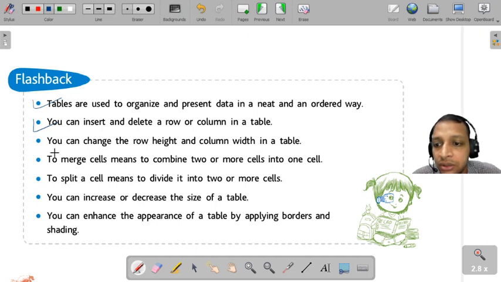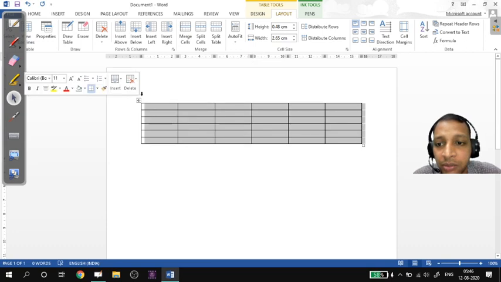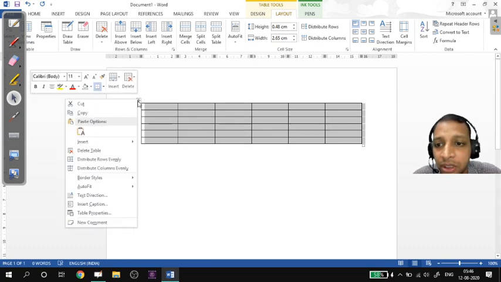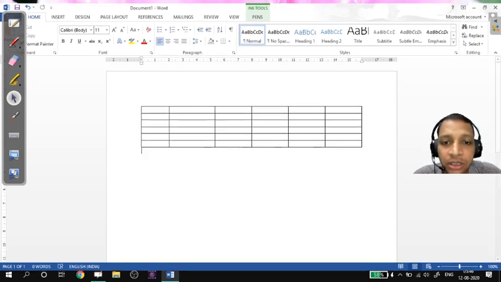Next, you can change the row height and column width in a table. Many ways are there. You can change the row height and column width from the table properties dialog box, or simply what I think is best is doing this. Just move, a double-sided arrow comes, and the row height you can increase or decrease.